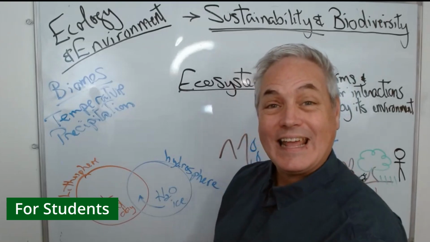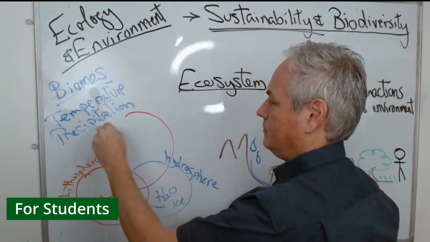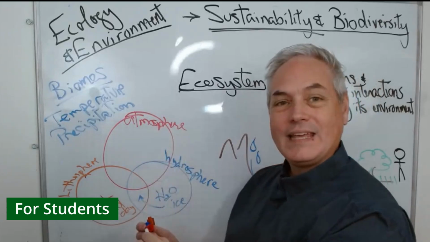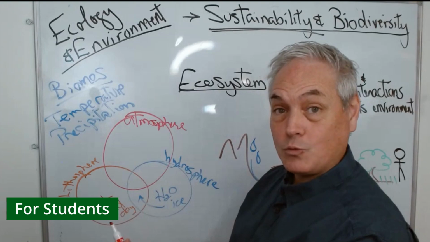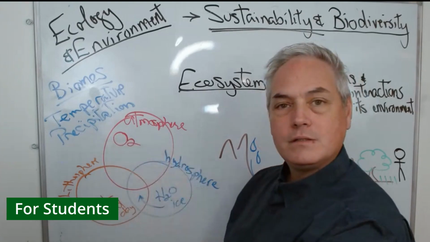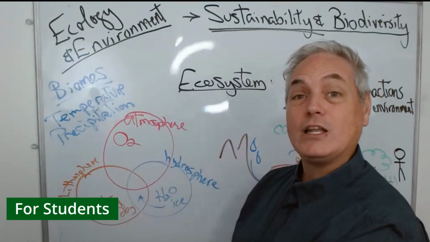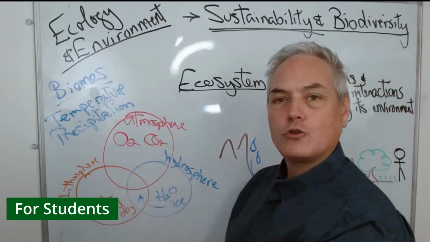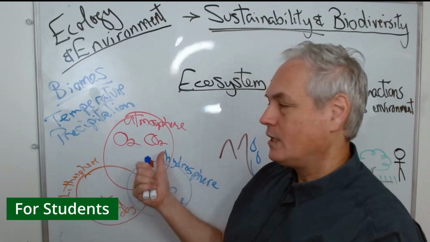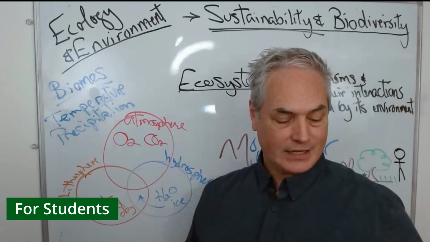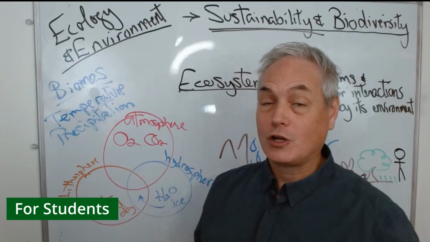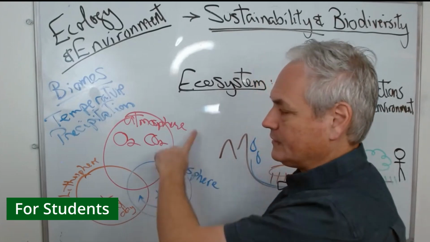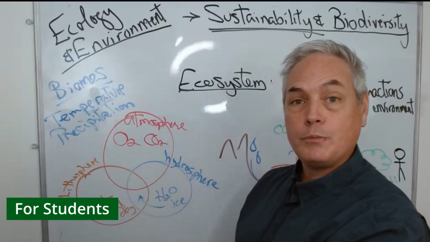The last one is the atmosphere. The atmosphere is important because we have 2 gases that we need. Humans, coyotes, cats and dogs need oxygen to breathe, to make sure that we can survive. We also have carbon dioxide, which is important because plants need carbon dioxide to do photosynthesis. We're going to talk about these processes in the minutes coming. So here are the 3 key spheres supporting